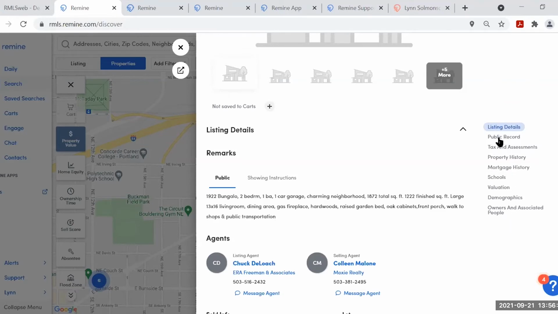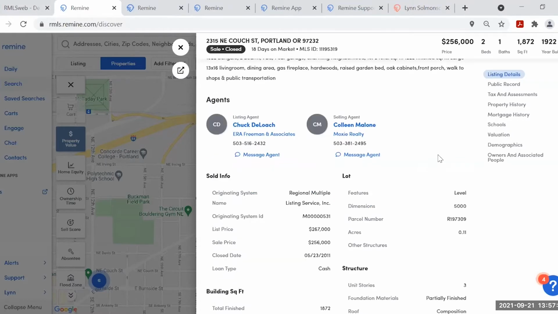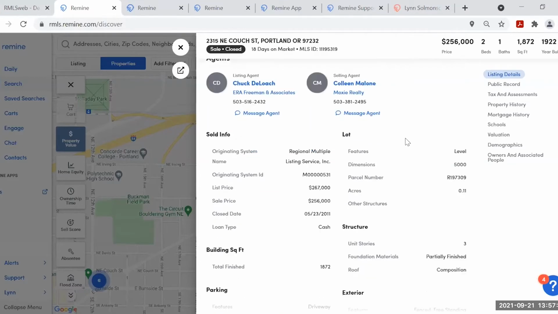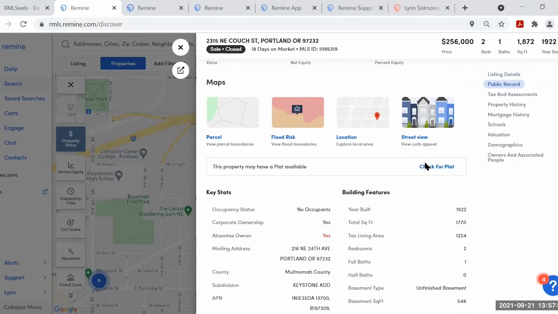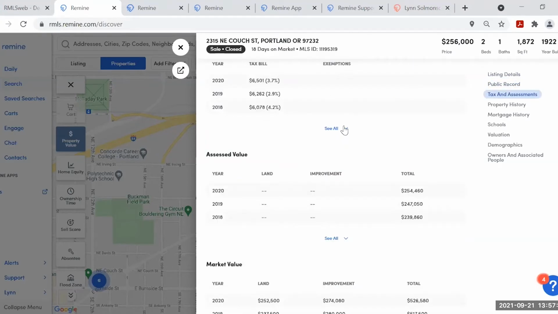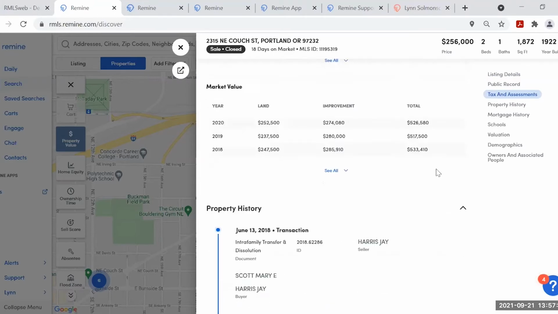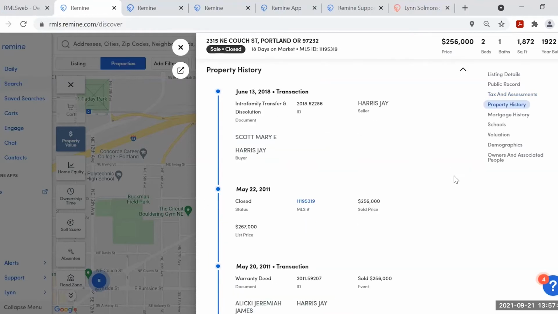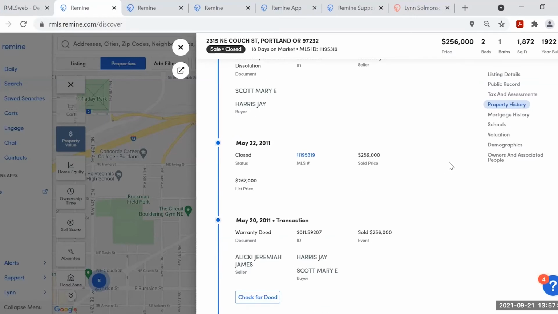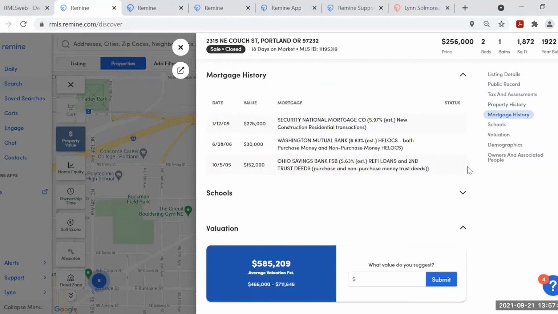Okay, so if you're looking at an off market property, you'll see little shortcuts over here on the right where you can click to specific sections, or as you keep scrolling down, it will take you to all of these sections. Okay, so again, last time it was on the market, who had the listing, who listed it and who brought the buyer, sold information, public record, tax records. Again, if I want to see more, I can see more. Assessed value, market value, property history, so what has happened with this property in the past. Again, stalker website, like I said. Mortgage history,